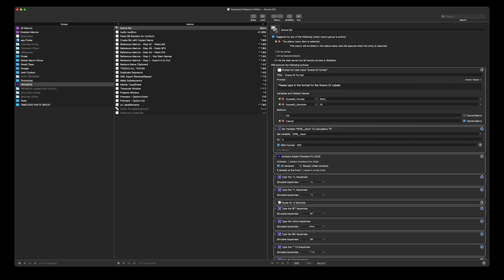I wanted to showcase a little Keyboard Maestro macro that I did for Premiere. I had the thought the other day of wanting to recreate an automation for creating scene IDs in my Premiere project. For those not in the animation world, scene IDs are what we generate to label every shot, every animated